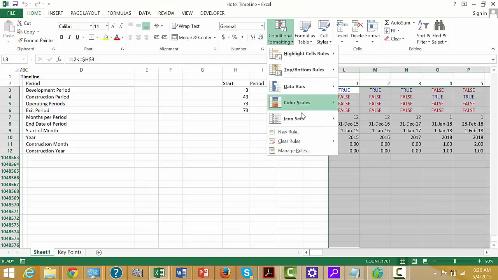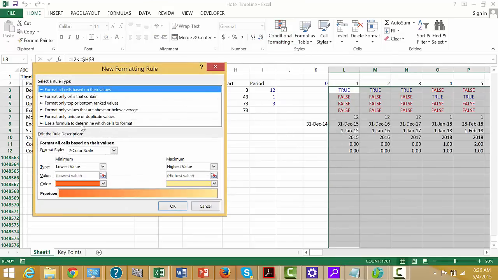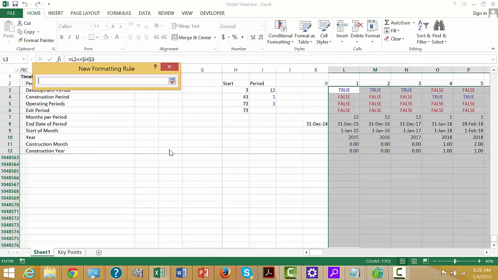When you're fancy with it, conditional formatting, you go to New Rule, and let's use a formula, and let's say we take this start date right here and press the F4 a couple of times, because you always want that in, and you make that equal to the